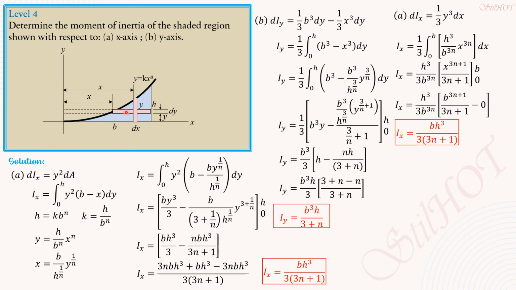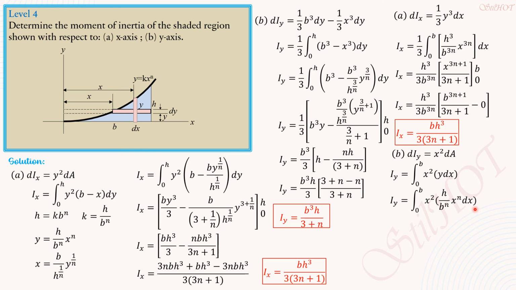this case, the strip is parallel to the y-axis. So differential Iy is distance square x square, differential area, which is area of the strip, y dx. So differential Iy equals x square, differential area, again, the area of this strip is y height times thickness dx. So Iy therefore equals integral 0 to b of x squared, then quantity y dx. We replace y by h over b to the n x to the n. So Iy equals integral 0 to b x squared of h over b to the n x to the n,